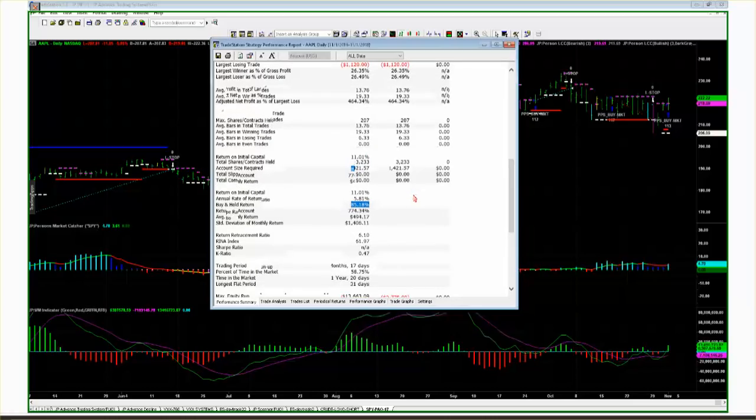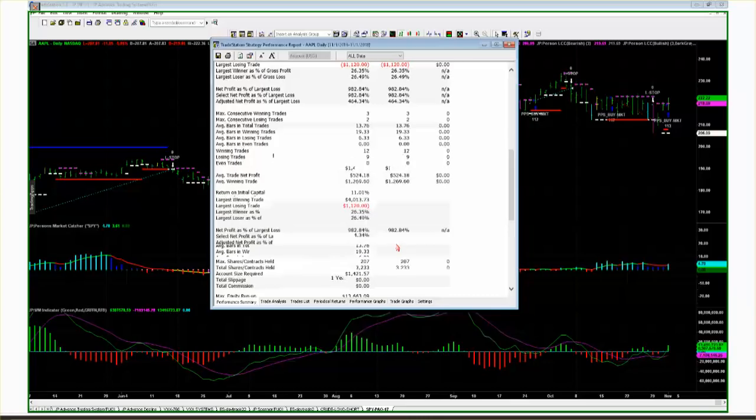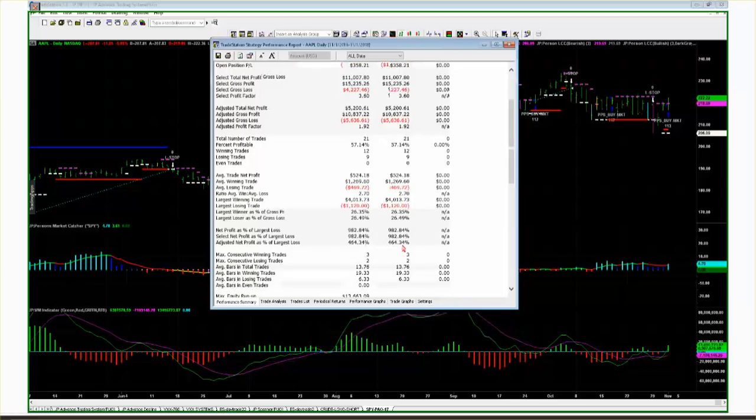So we're just building on our model, but we need the information provided here to help with our other settings, such as the first thing: what is the average time in a winning trade?